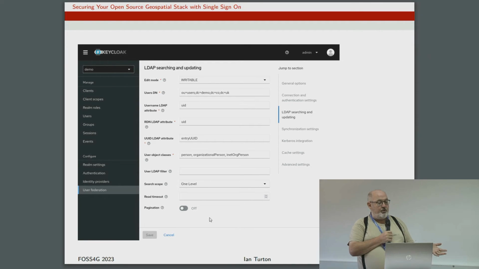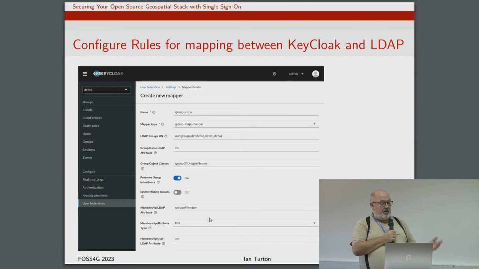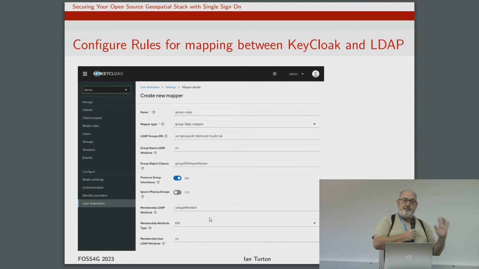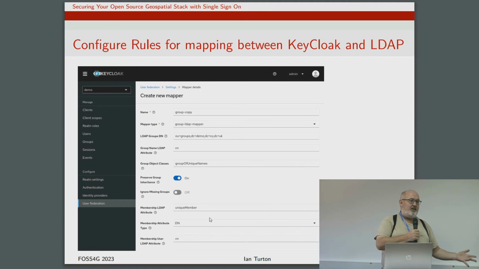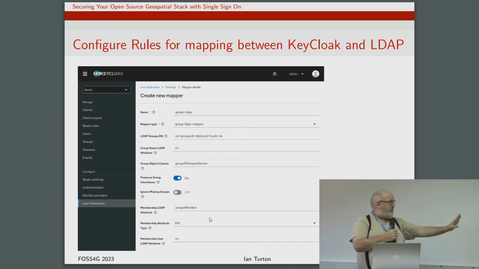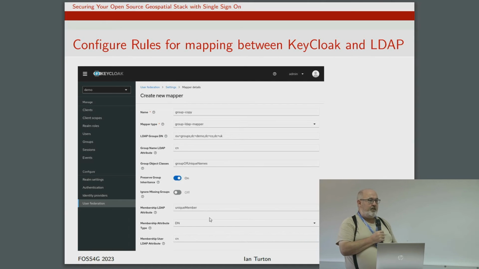You specify how your users in LDAP are separated, what sort of objects they are, that sort of thing. And then there's a little bit of messing around. You have to configure a series of rules that create mappings between Keycloak and LDAP, because obviously you wouldn't all want to use the same names. So it's things like Keycloak calls your surname last name and LDAP calls it SN, and things like that. So you just specify some mappings. Quite a lot of them come predefined, but you can set up other custom ones as you need.